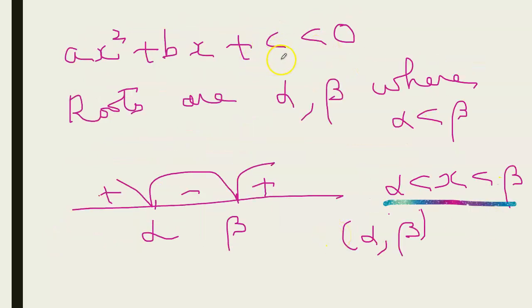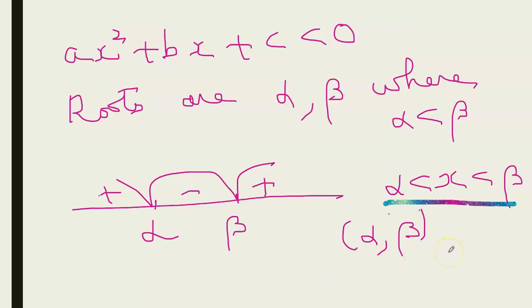And ax squared plus bx plus c less than 0. The roots are again alpha, beta where alpha is less than beta. Less than 0 means negative. So you can say that the solution set is alpha less than x less than beta, or the open interval